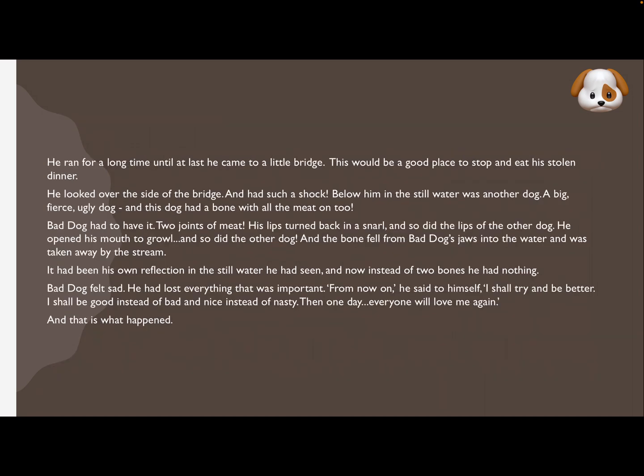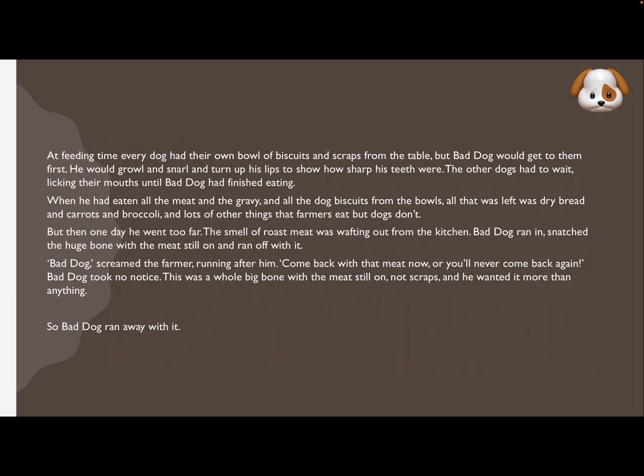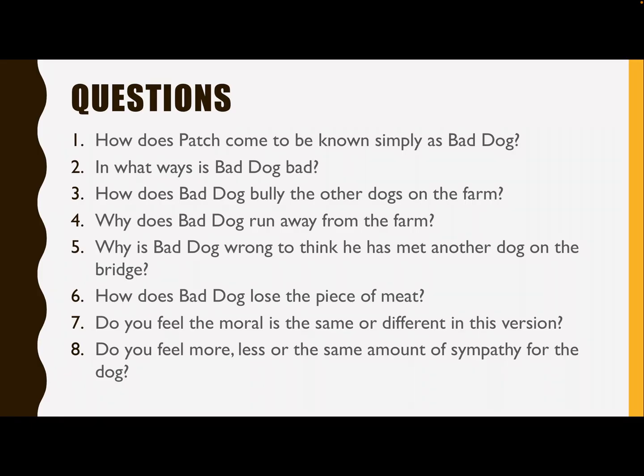It's three pages long. And I'm giving you a picture of this as well as part of the assignment, so you haven't got to come and read it on screen. But you read this story about the dog, and it's a bit more complicated. It's got more detail. And then at the end of it, you've got eight questions to answer. It's a bit like the comprehension papers that we normally do, and then two kind of moral questions at the end. But like I said, these are an optional moral slash comprehension-y thing that you can do if you would like to.